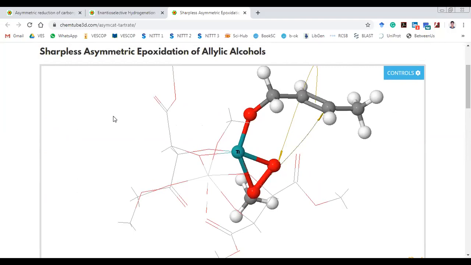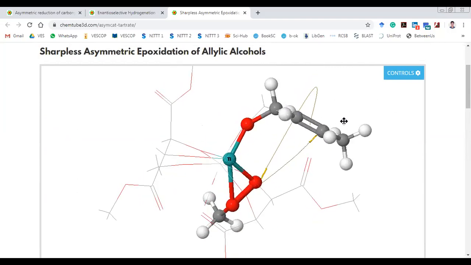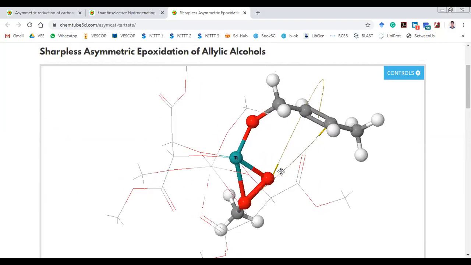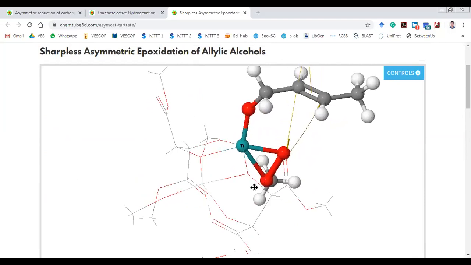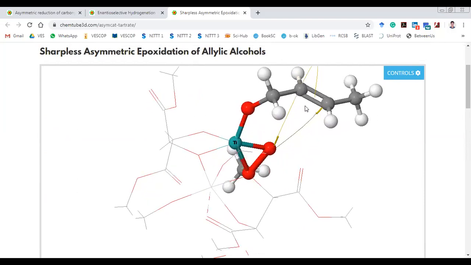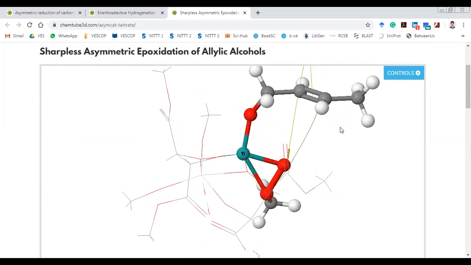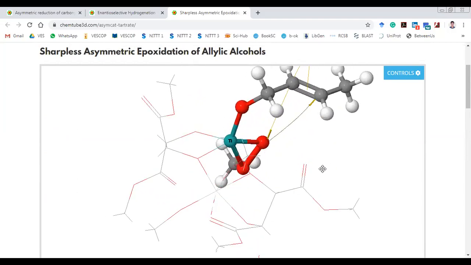The structure of the complex is such that the oxygen is available for attack from the bottom. You can see how it is attacking. The lone pair of the oxygen is attacking one carbon, and the pi electrons are again adding on to the oxygen here. It is forming an epoxide, and it is attacking such that the oxygen is added on the bottom face of the alkene here.